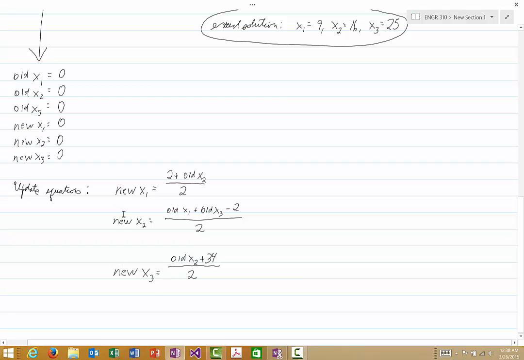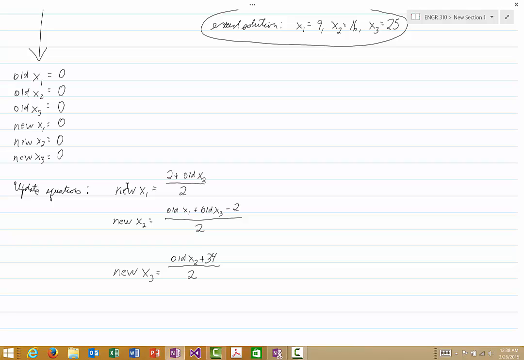Now, once we've calculated those new values for x1, x2, and x3, we can compare them to the old values. If they're very close, we might decide that we're done, and that since there wasn't much change, the solution that we have already, which is just all zeros, is the correct solution. But if there's a significant difference between the new x's and the old x's, then what we will do is update the old x's, make them the same as these new x's that we've just calculated,